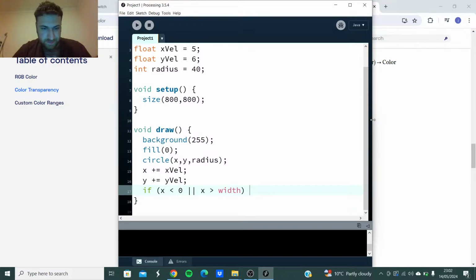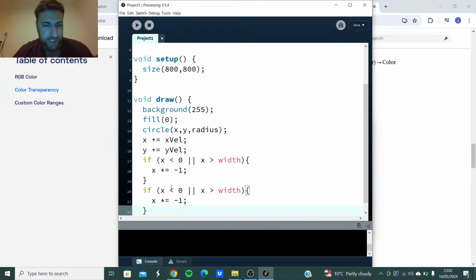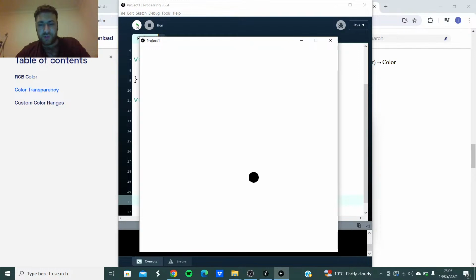X equals X, we can use times equals. It's the same as plus equals, except instead of adding to the old value, it will multiply. So this will multiply X by -1. And then we can do the same thing for the Y direction. If Y is less than 0 or Y is greater than height, then Y times equals -1. And if we run this code, the ball should bounce when it gets to the end of the screen,